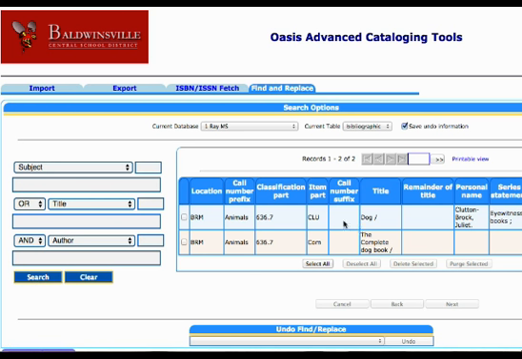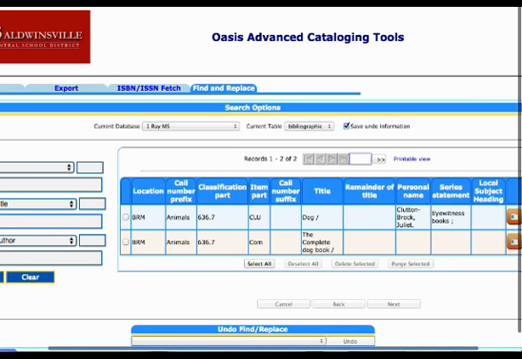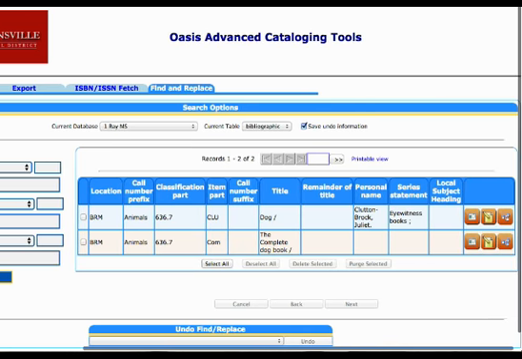All right. Now, if you're saying, well, didn't you have 3 records? Yes, I did. However, if you'll remember, I didn't bring in one of those records. So I'm only looking at the 2 that I actually brought in. And you can see my location code here. This is all my bibliographic information. If I scroll over to the right,